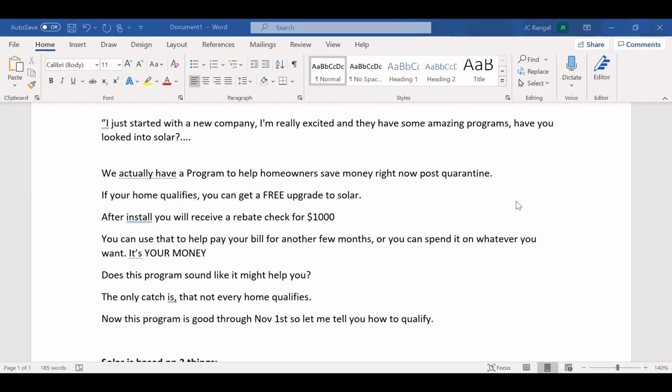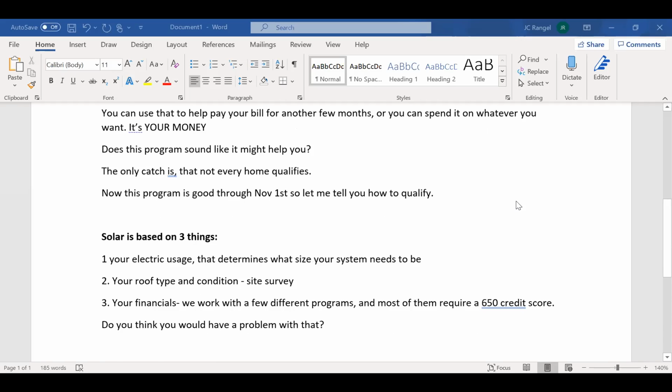After install, you'll receive a rebate check of $1,000. Now, that can help you pay for your bill for a few months, or you can spend it on whatever you want. It's your money. Does this program sound like it might help you? Now, the only catch is, here's where you take it away. So if I ask, does it seem like something that may help you? Yeah, I mean, that sounds interesting. And I tell them, listen, the only catch is,